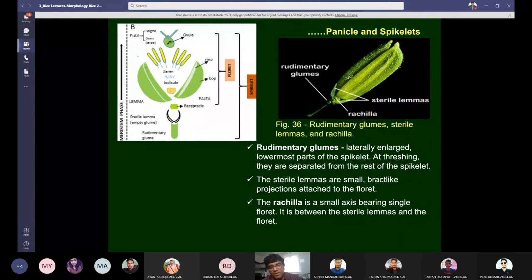Means spikelet is equal to floret plus rachilla plus sterile lemma plus rudimentary glume. So that is the difference between floret and spikelet. By mistake, many times we take spikelet and floret as the same.